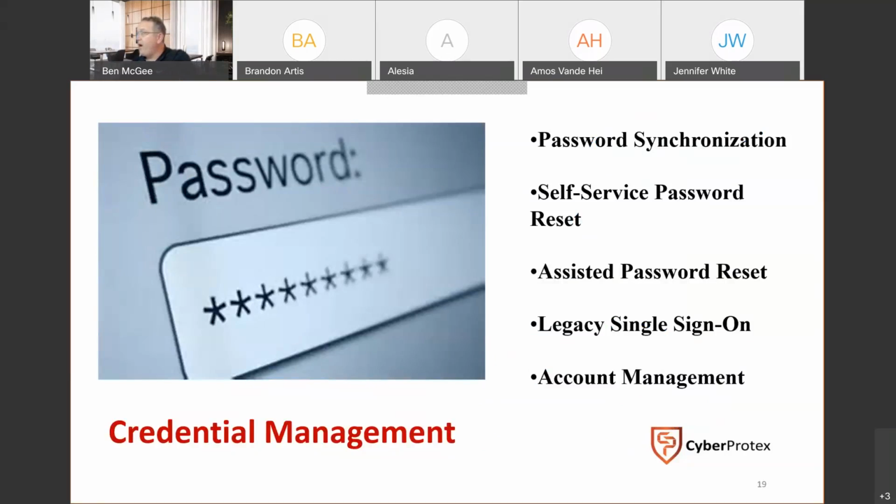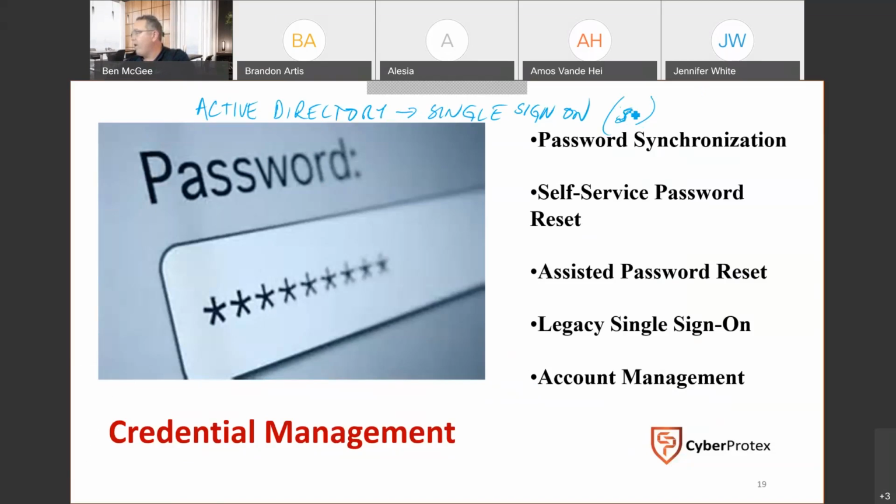But one of the cool things that Active Directory does for us is it gives us the ability to have a single sign-on, right? Active Directory single sign-on,